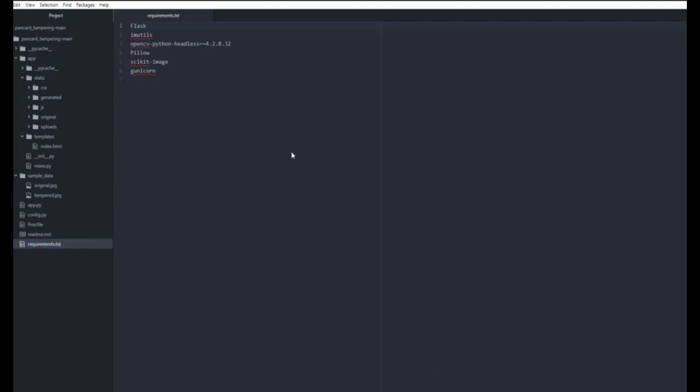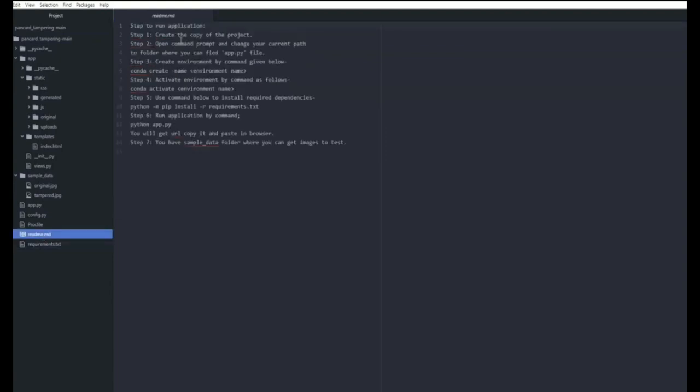If you go to the Anaconda command prompt and go to the folder where you have this project, you can run the command pip freeze, and it will create the requirements file in that particular folder, which will contain all the requirements for that project. As you can see here, I have already created it. It successfully saved my requirements file in the same folder as requirements.txt. Other than that, I have created a readme file, which has the steps to run